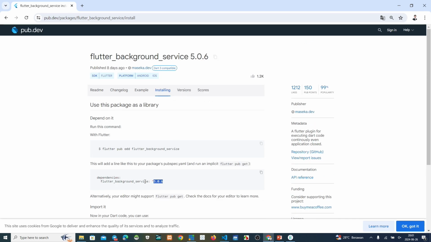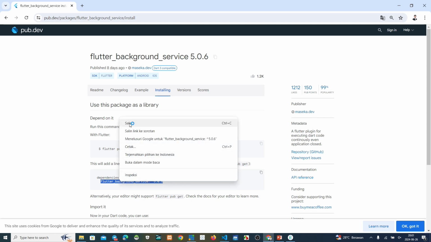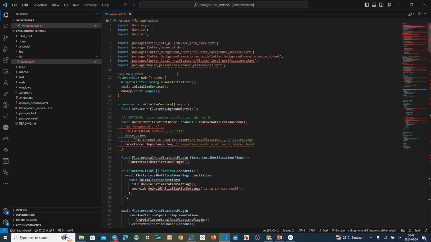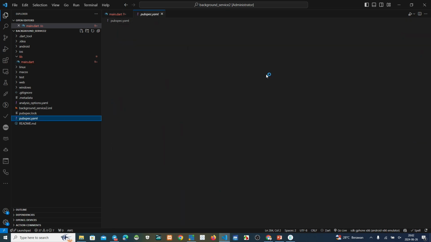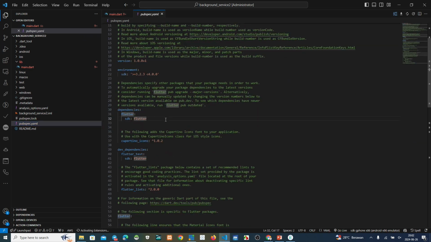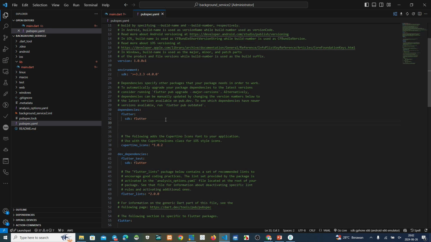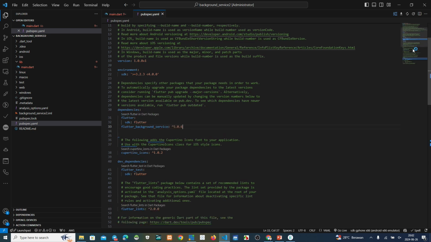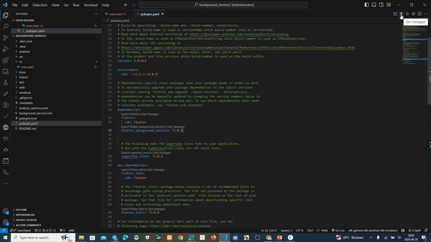Copy these dependencies to our script, copy to pubspec. Okay, get packages. Click this one.